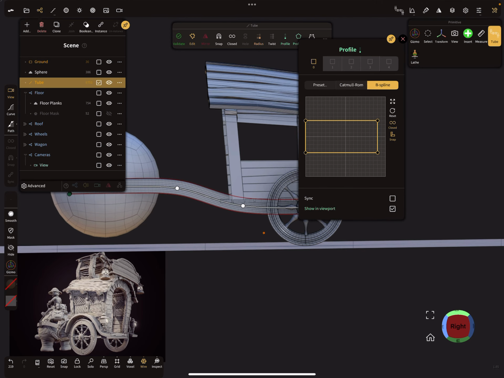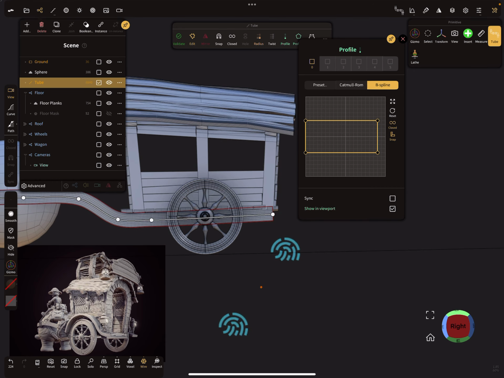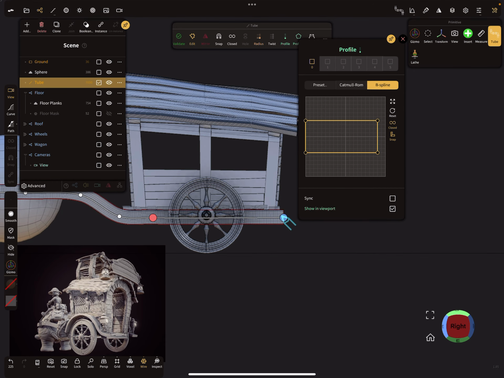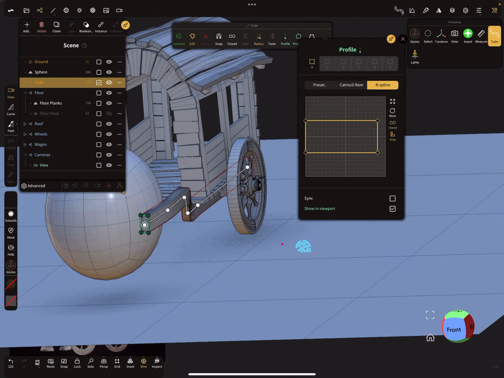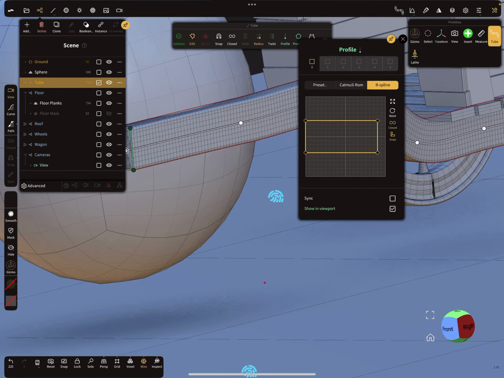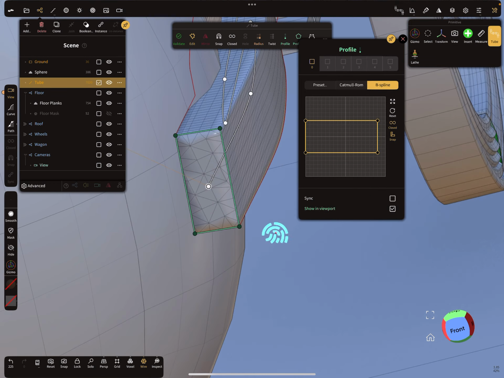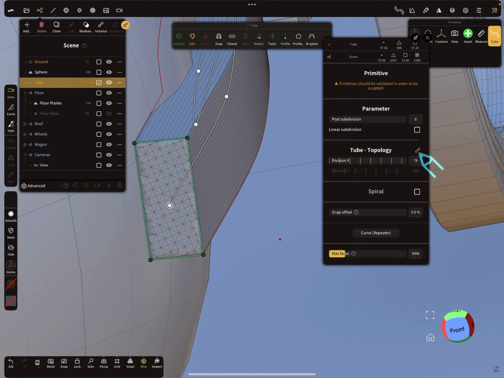A little bit smaller. So, and let's add a few details. So we need more topology here, but not in this direction here.